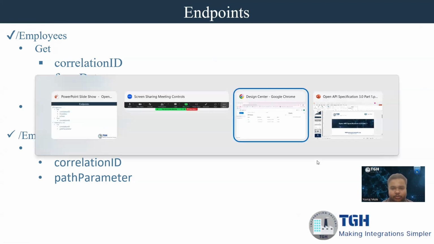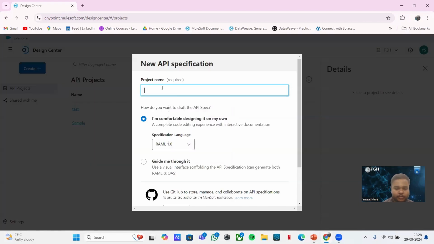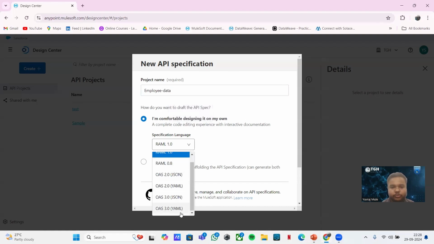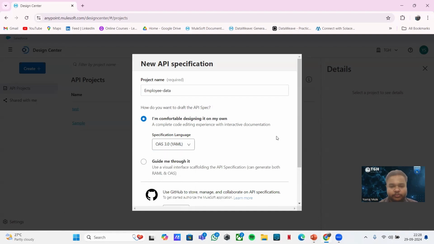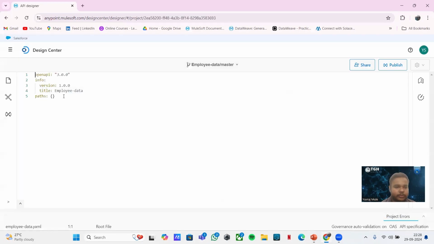So now let's jump to Design Center and create a new API specification. Let's give it the name employee data. We're going to choose OAS 3.0 and YAML and click on create API. Now we get a template where we have info. This info section gives information about the specification we are creating. First we have, by default, version and title. Now we are going to add some more